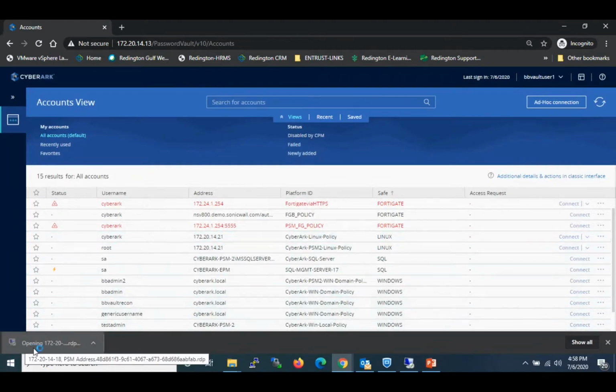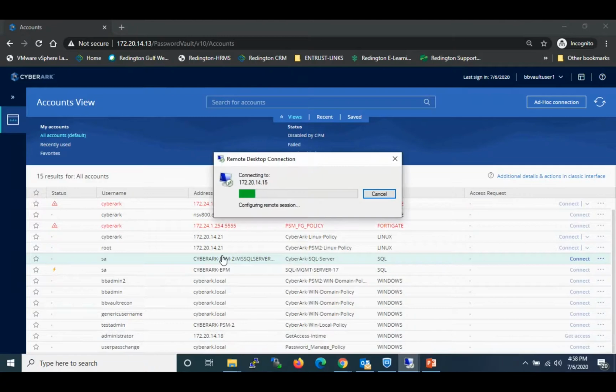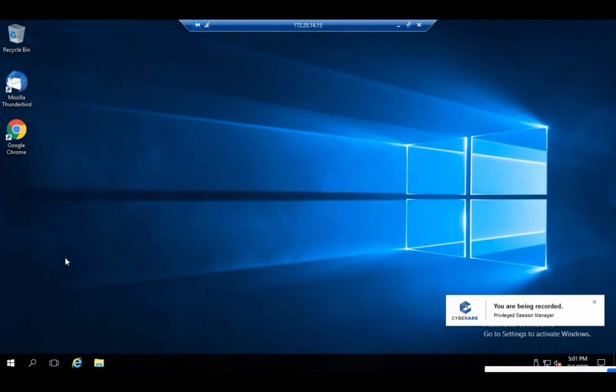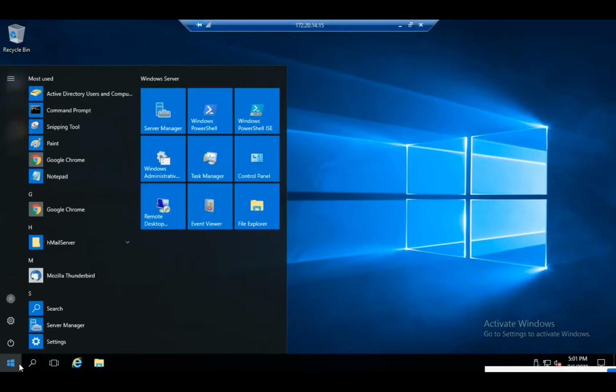So right now, as I have an RDP session which is getting connected, this request now goes to my jump server, which is the 14.15, and once the 14.15 logs in, it will allow me to log in inside it. I'll be able to see the page, where it takes me without asking for the username and password. And with the help of this,